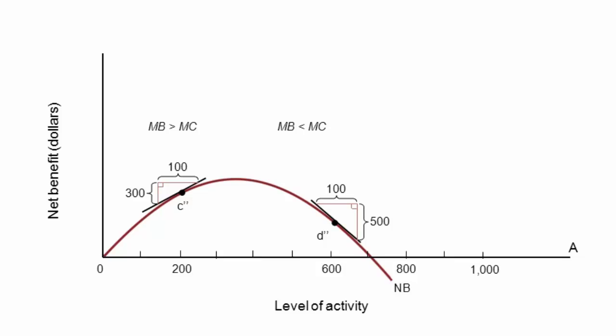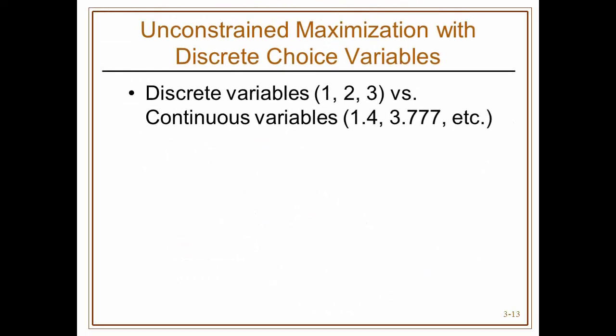If your marginal benefit is greater than your marginal cost, you know you're not at the top. If your marginal benefit is less than your marginal cost, you know you're not at the top. If they're equal, though, then you know you are. Well, it might be kind of difficult to get the exact equality that you want between marginal benefit and marginal